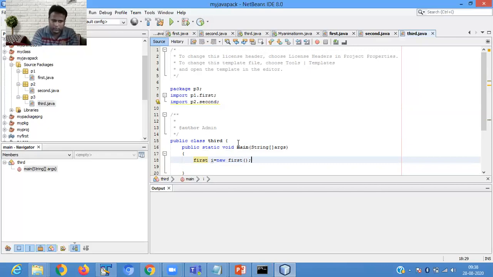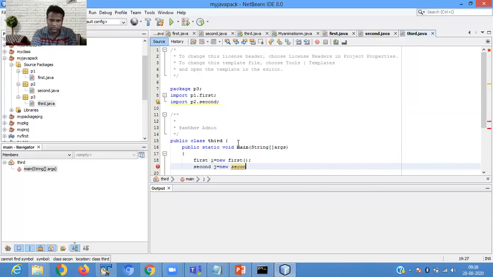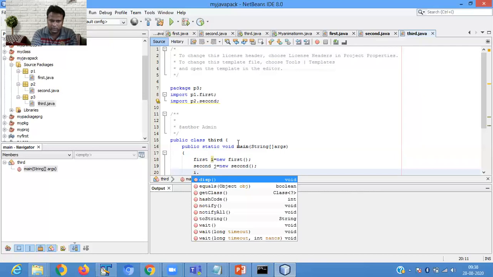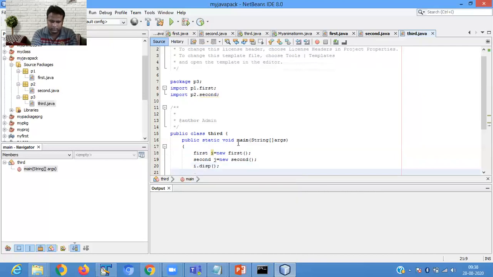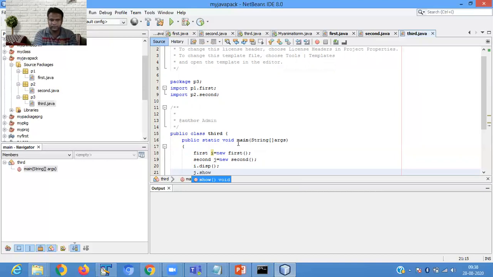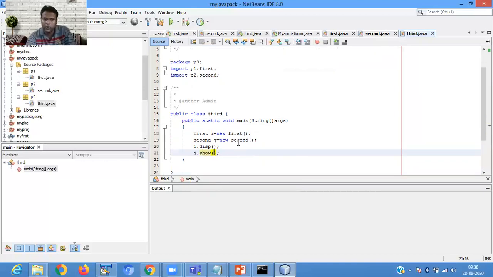Now by creating an object of the other class second, j equals new second. Now through this object we are calling a function: i dot display function, j dot show function. So now I run the file R.java. It will switch to the output.